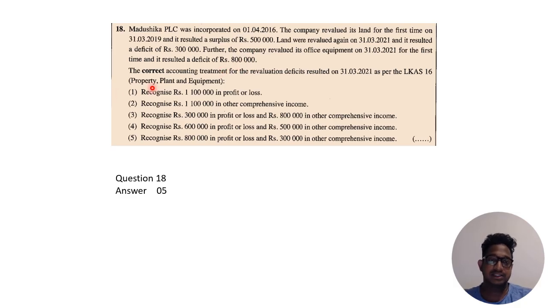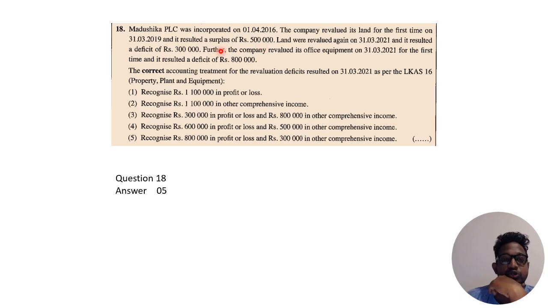So they are asking the correct accounting treatment for the revaluation deficit in this year. That means 31st March 2021. So here we are revaluing land and office equipment. Land you are revaluing for the second time, but the office equipment you are revaluing for the first time, right? So here the land revaluation gained a deficit of 300,000, and the land first time revaluation surplus is